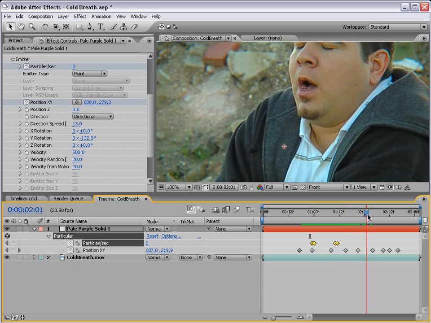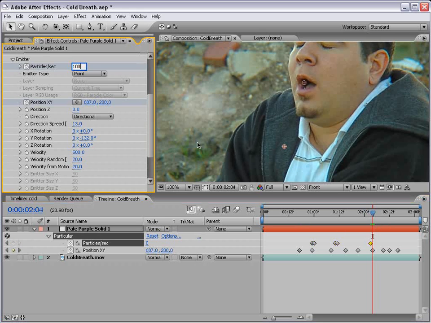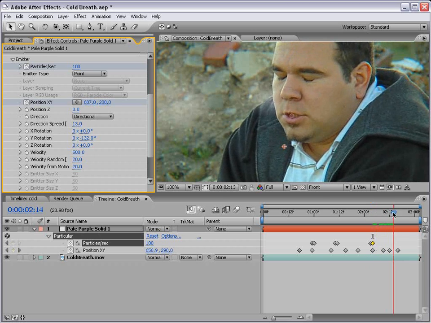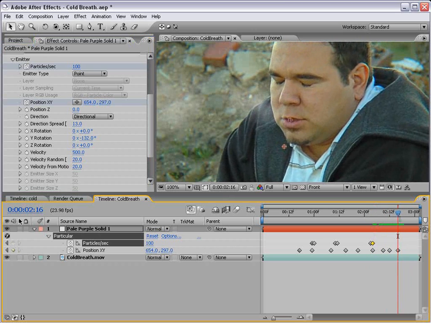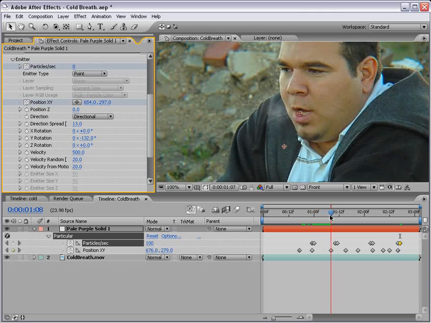Turns off, and then he starts breathing again, and we'll set another keyframe, and then move forward 1 frame and set it to 100. So he breathes some more, and then we'll set a keyframe, move forward 1, and shut it off. So what we have is it turning on,